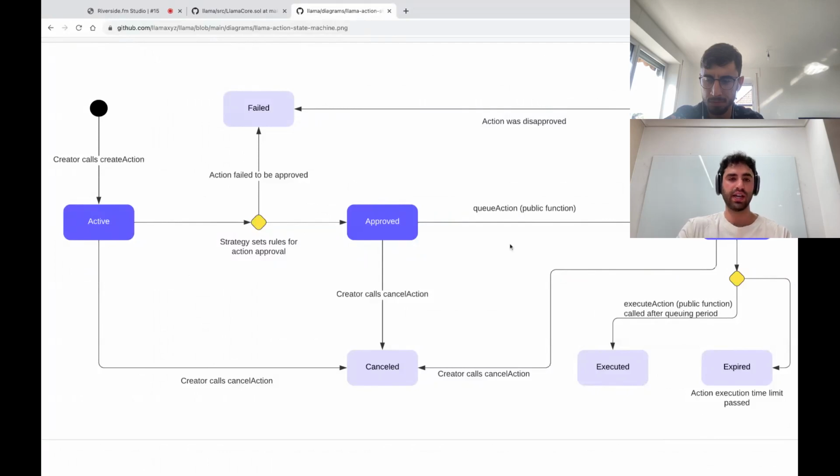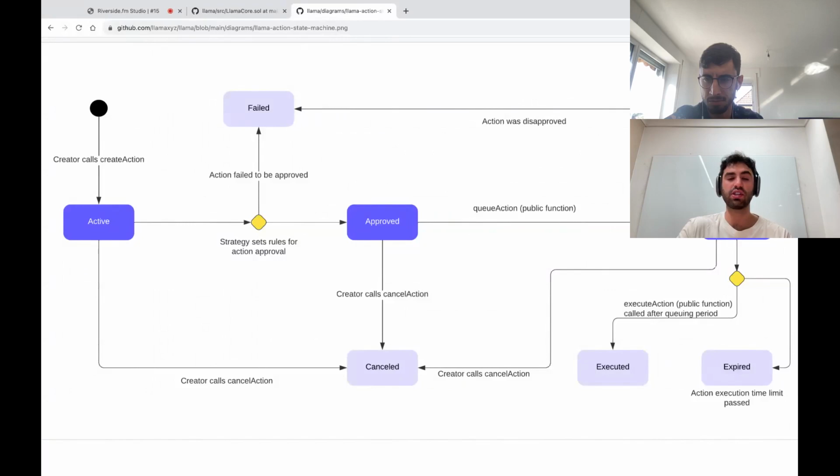The thing to remember is that the approval period and the disapproval period are both optional, so this is a really flexible system. If you have both off, then an action can be executed instantly, as soon as it's created. If you have both on, then you have a vote and a veto. If you have just the approval period on, you have a vote that can then be executed after the vote.